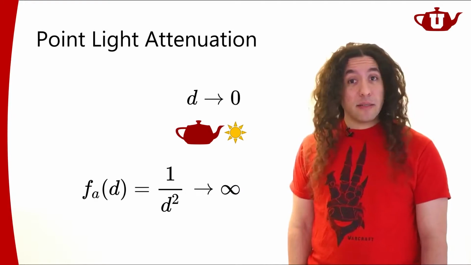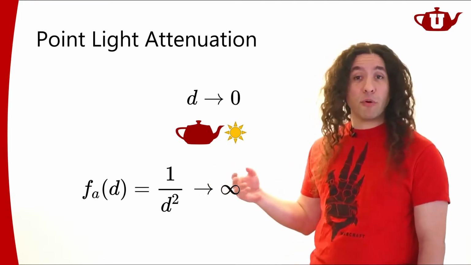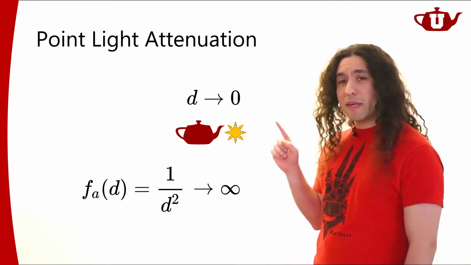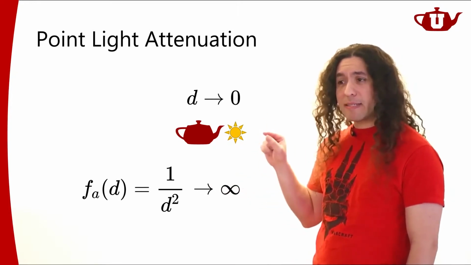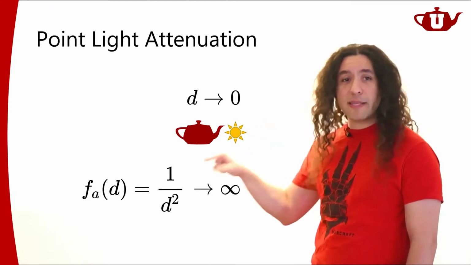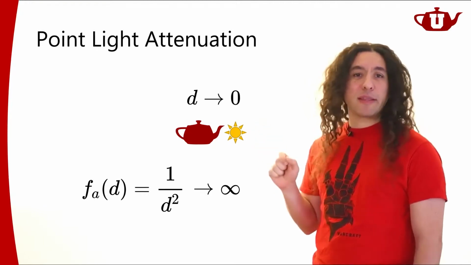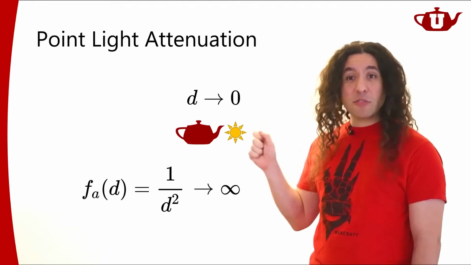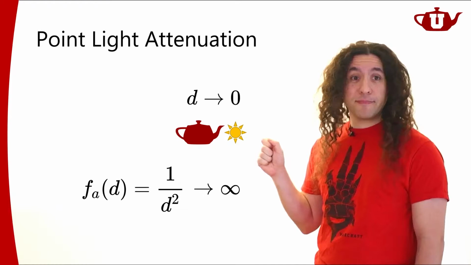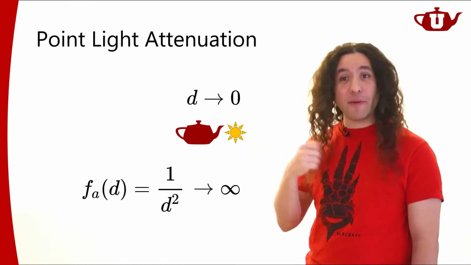Last year at SIGGRAPH, I gave a talk on a different formulation for point lights. The problem with this is related to the fact that this is a point light source. This is the correct attenuation function for a point light source. The problem is the fact that we're using point light sources at all. The light source has no size. And that's why we're getting this. If the light source had a size, we could get around it.